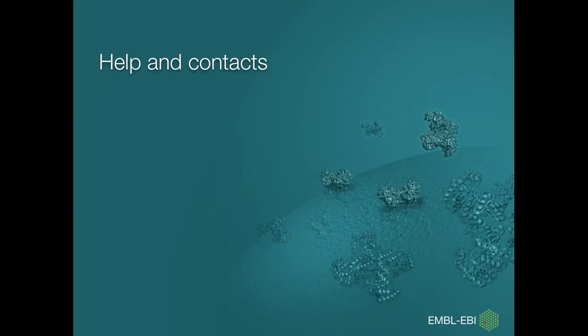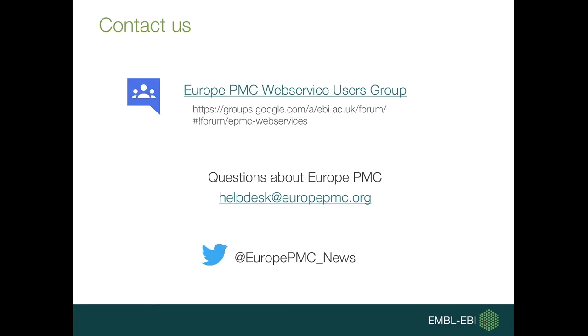The last but very important part is on how to get help if you get stuck in any way and where to find more relevant information. If you're planning to use the Annotations API in your future work, I strongly suggest that you join our developers Google group for updates and discussions. You can also post your API-related questions there, and you can see the link to the Google group on this slide. If you want to contact us with any other queries, we do have an active help and support team at